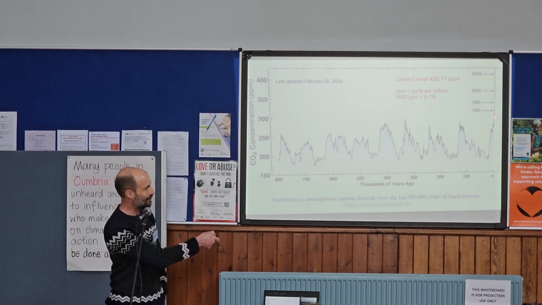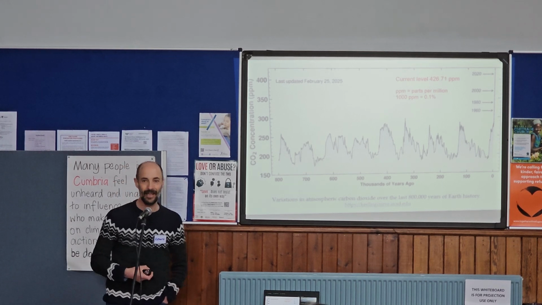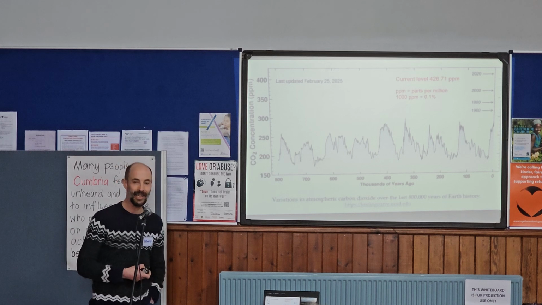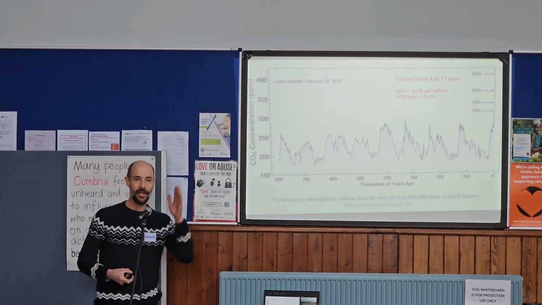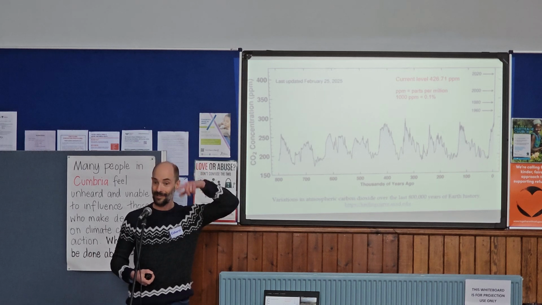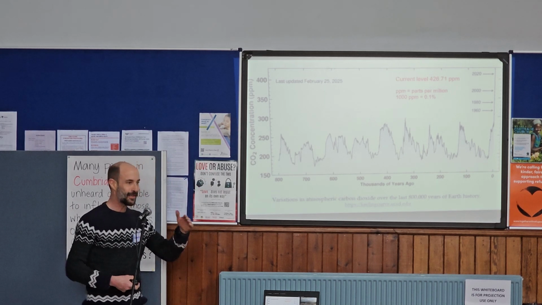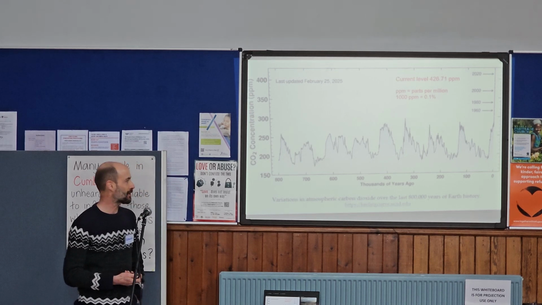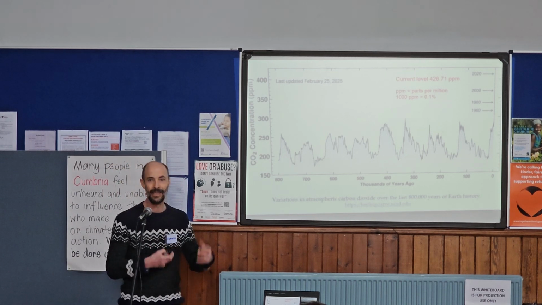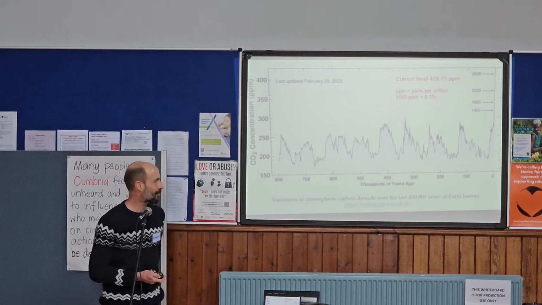But the thing to point out here is that when we see the impacts of human society, there is this dramatic increase in carbon dioxide levels, in particular within the last 70 years. It is such a precipitous rise that you can't really even resolve it on the figure. It appears like a vertical line. So that's humans coming on the scene and rapidly burning fossil fuels and releasing those into the atmosphere. So we can see this dramatic rise in carbon dioxide levels and these changes in atmospheric composition.